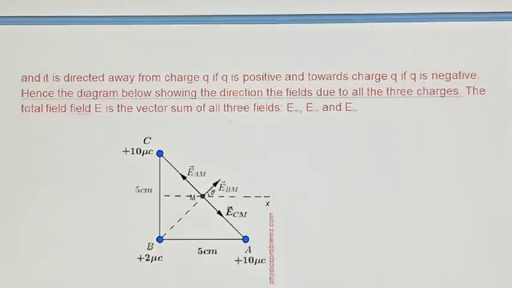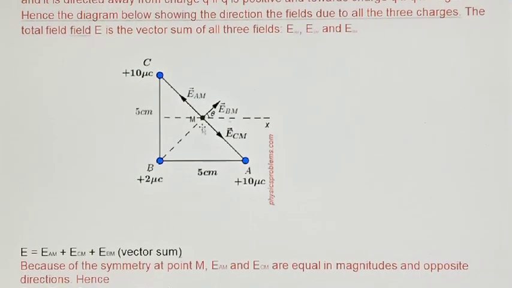So first you have to draw the electric field vectors. You can see this. At point M, this is the electric field vector due to this 10 microcoulomb which is placed at C. Similarly EAM is the electric field vector at point M due to the 10 microcoulomb charge placed at A, because it has to go like this. You see this direction, from a positive charge it has to go out. Similarly from this charge also it has to come like this.